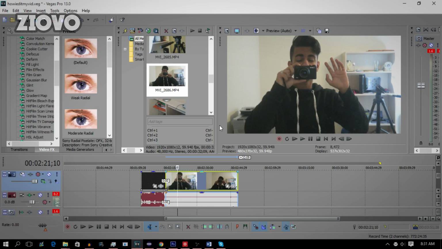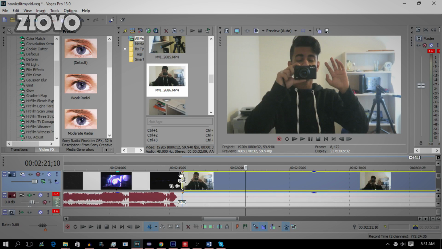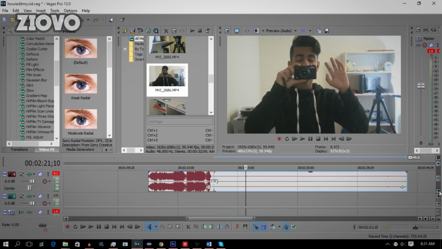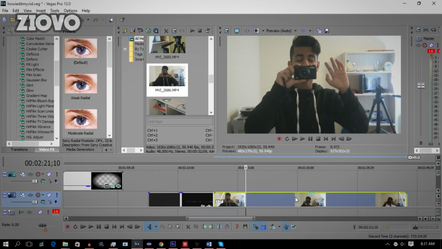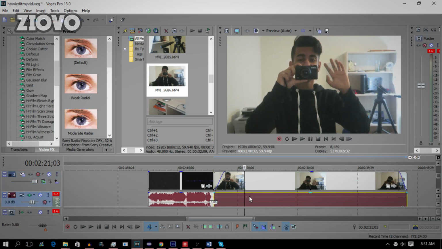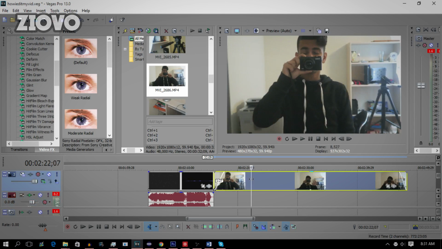Now, to actually edit the video clip, there's a couple things you can do. You can go to the corners and add a beginning fade as well as an end fade. If you want to remove the background noise or the audio for this file, click on the file, press U, then click on the audio file and click delete, and it should go away. Now to split up a clip, all you have to do is click on the clip and press the